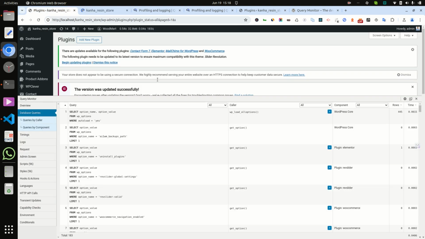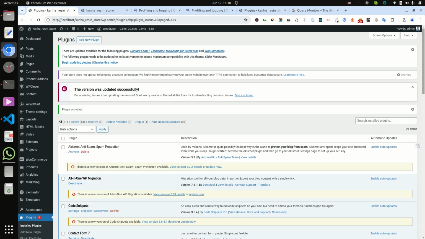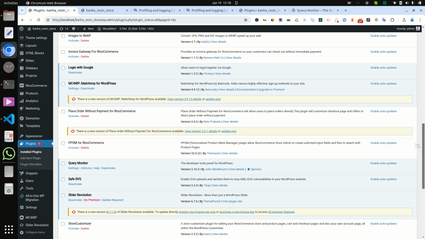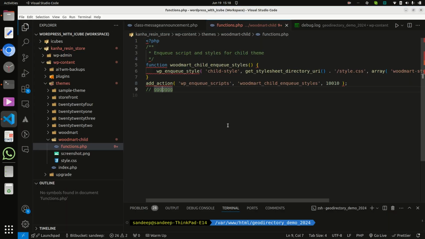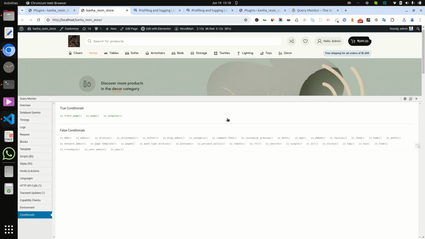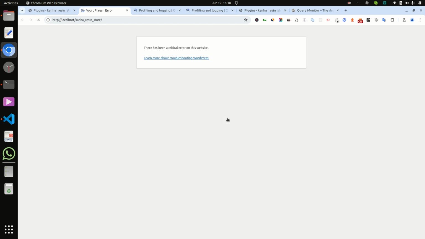Now I am removing this Query Monitor, and now I uncomment this line of code again and access again, then it is showing there has been a critical error on the site.